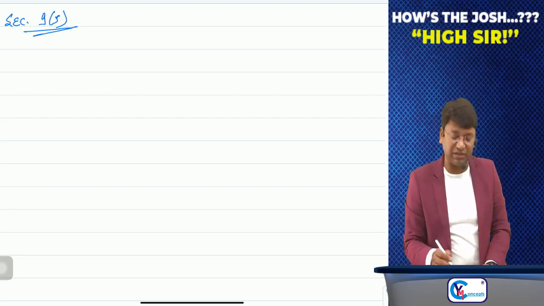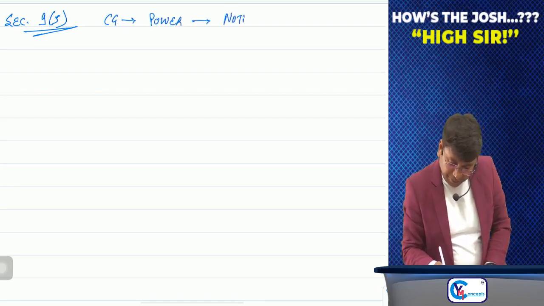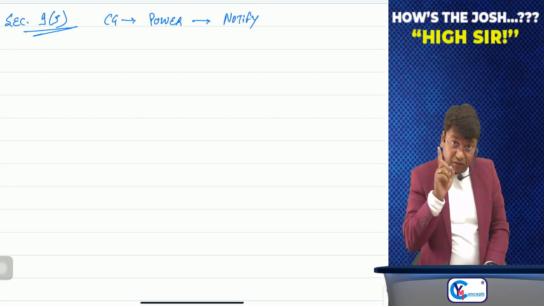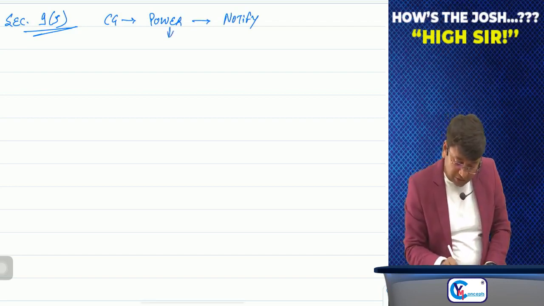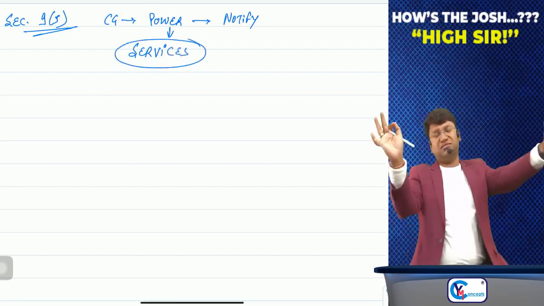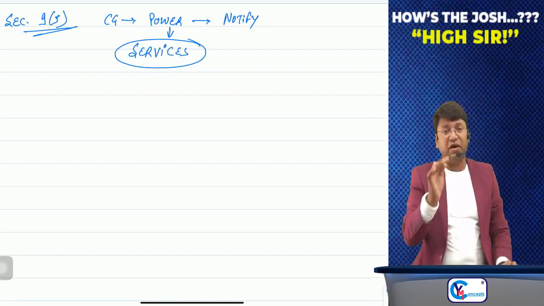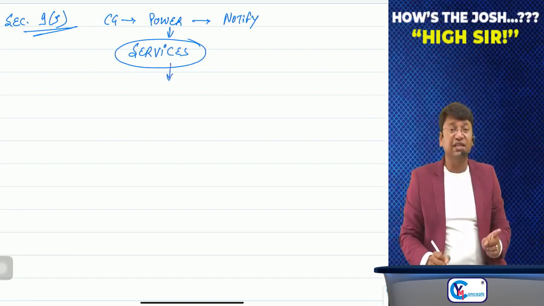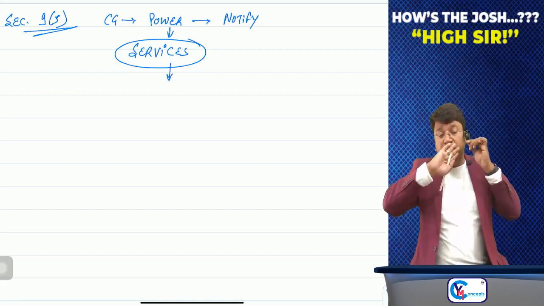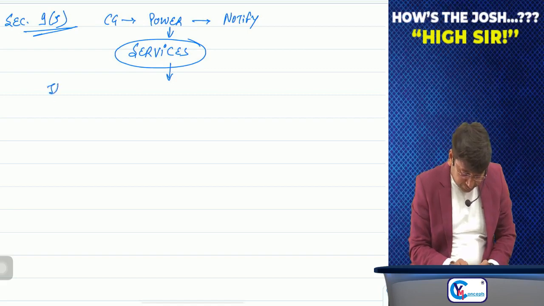Okay, section 9 subsection 5 says that government has the power to notify, be very careful, certain only services, not goods. Under section 9 subsection 5, government has the power to notify certain services, and sir, if government has notified those services, then if